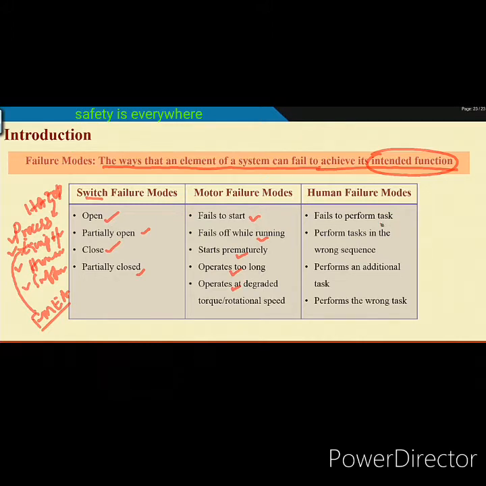Now, human failure modes. A human fails to perform a given task, performs a task in the wrong sequence, performs an additional task, or performs the wrong task.